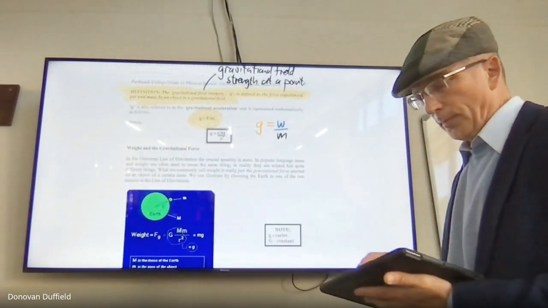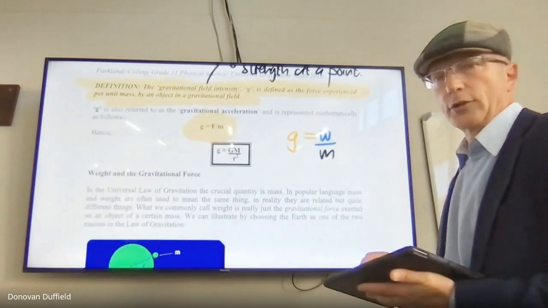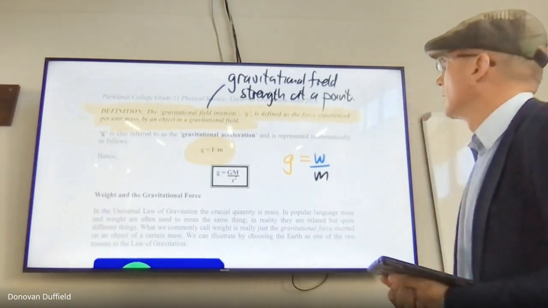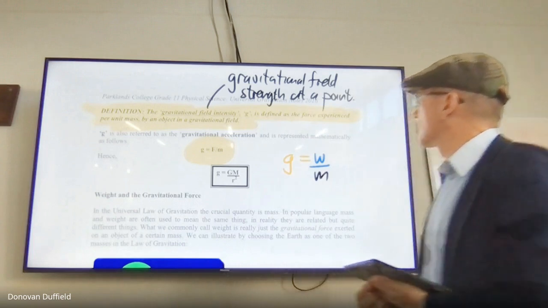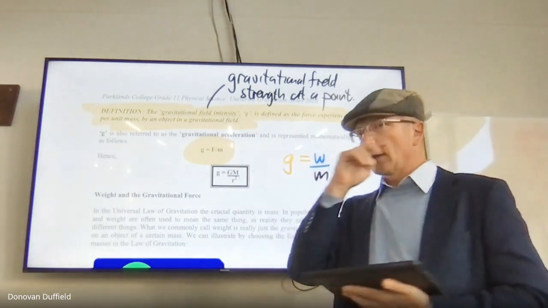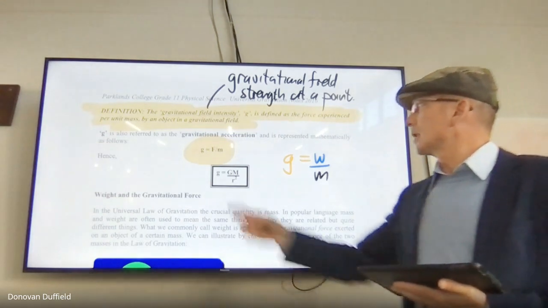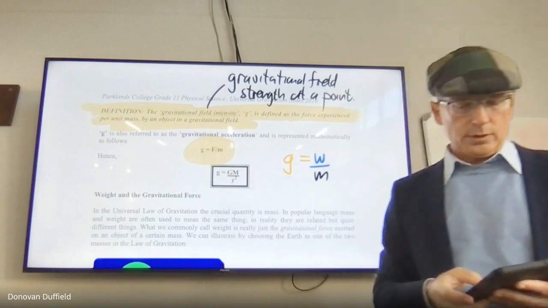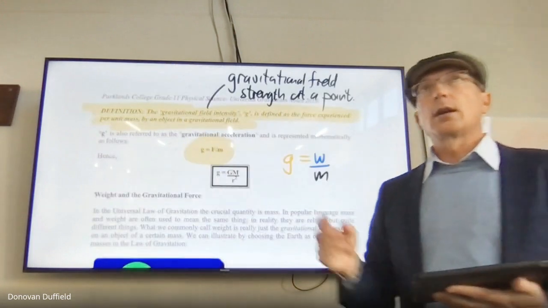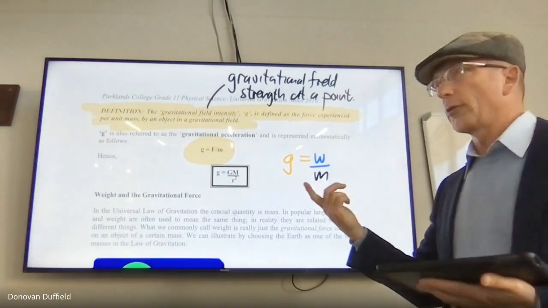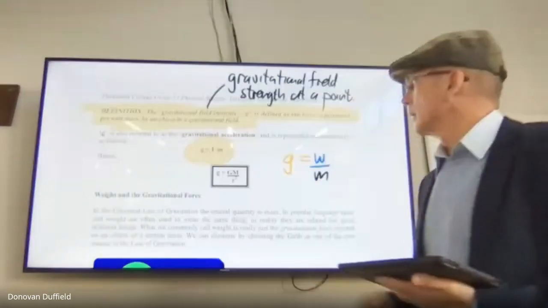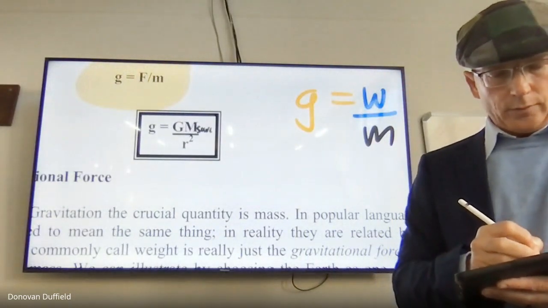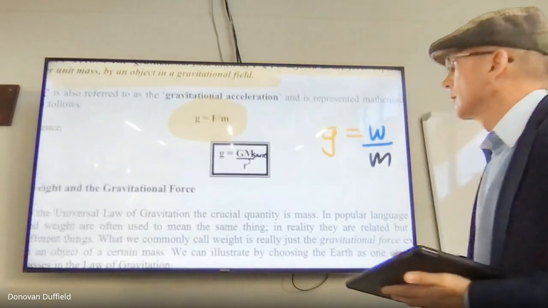Right? So here is the definition of the gravitational field intensity, or the gravitational field strength. At a point, G is defined as the force experienced per unit mass by an object in a gravitational field. So G equals F over M. Okay, if we use F equals G M1, M2 over R squared over M1, for instance, then you get that G equals big G M, and I like to refer to this M as the mass of the source of the field,